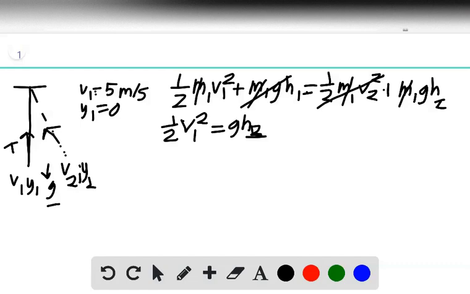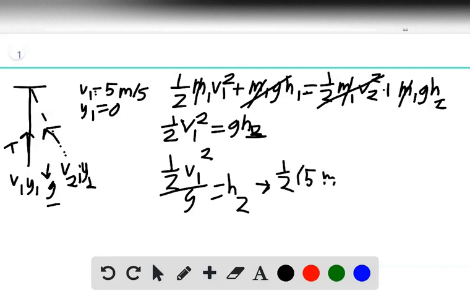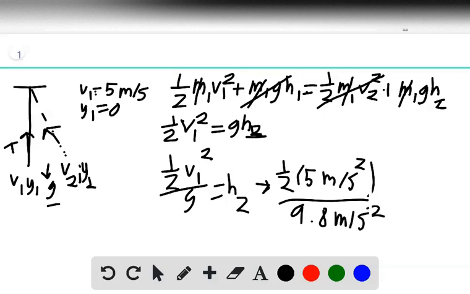So just divide gravity over to the other side. We'll have 1/2 v1 squared over g equals h2. So 1/2 times 5 meters per second, squared, over 9.8 meters per second squared for gravity. All right, plug that into your calculator and you will get 1.276 meters, which with sig figs rounds to 1.3